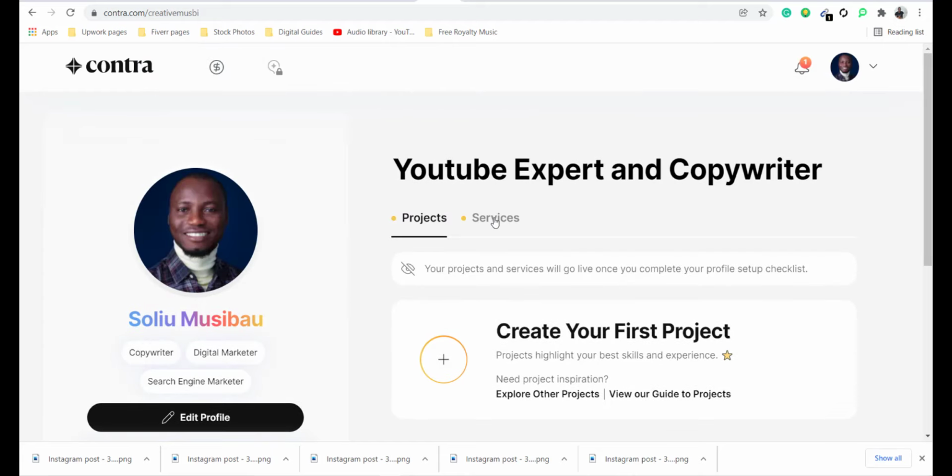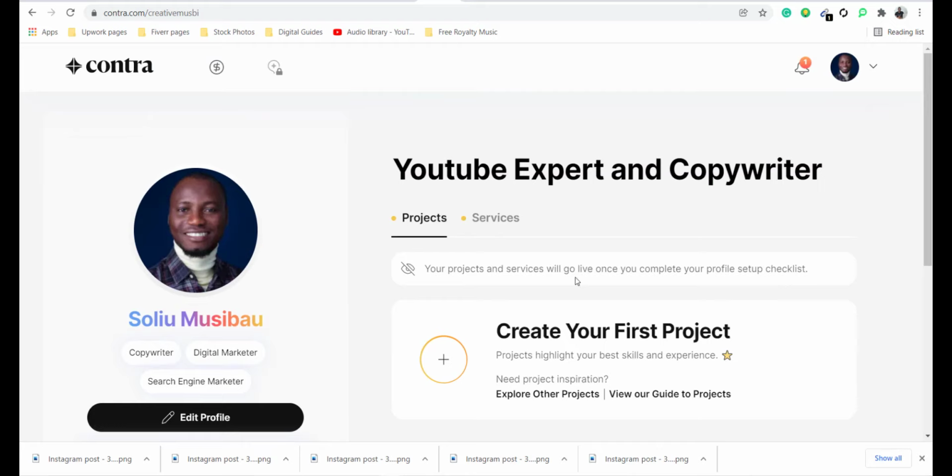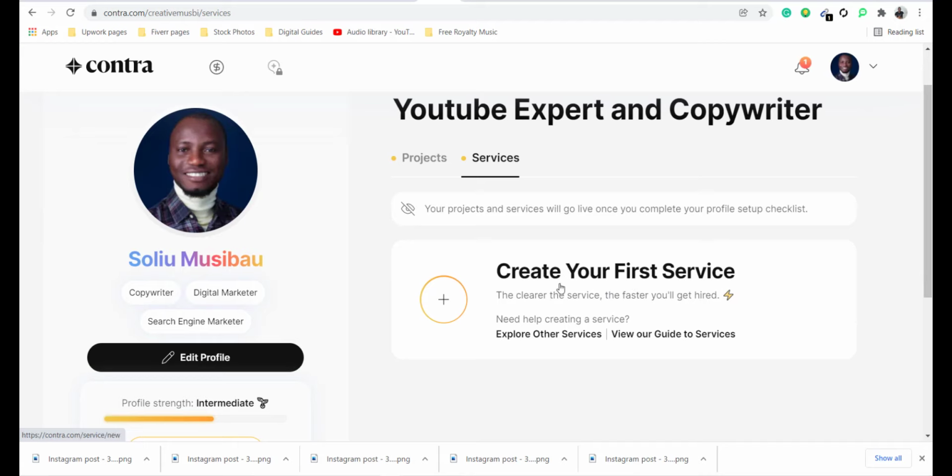Then you can see here projects, so I can add as many as possible of the kind of projects that I've done for some buyers in the past. Create your first project here. And also you can see services here as well. You can add a service that you want to render on the Contra platform. Like I just said earlier, these are the three keywords, skills related to the kind of service I want to render on